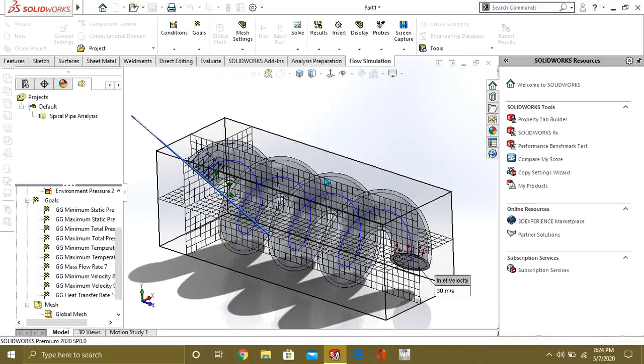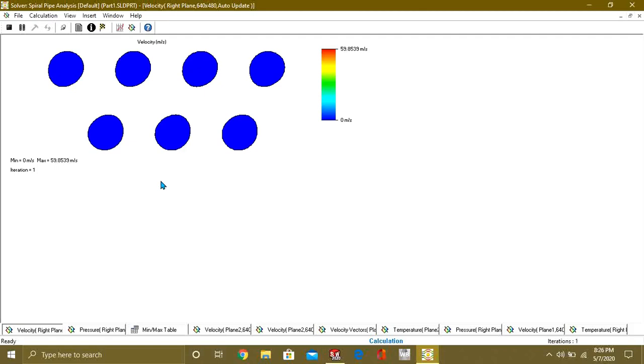So to run, so our solver has been opened.